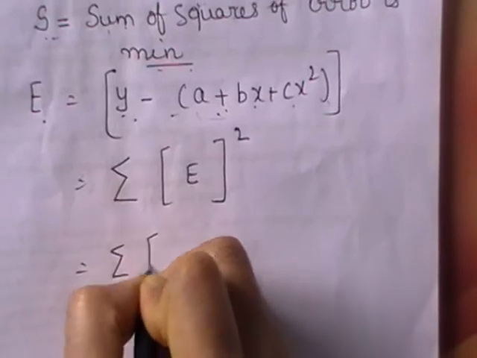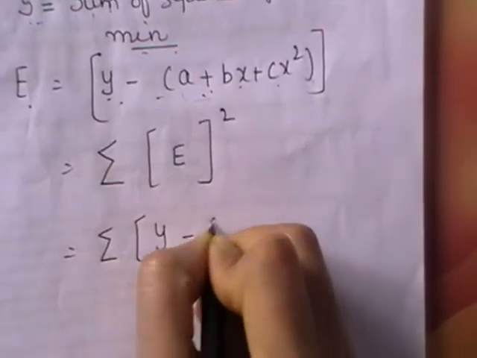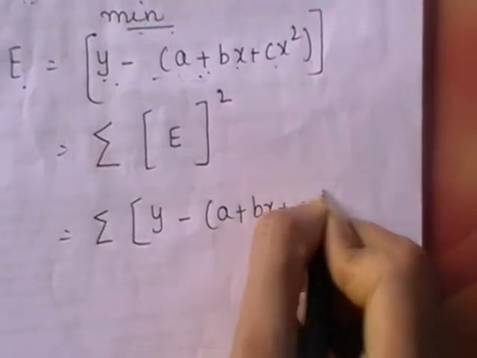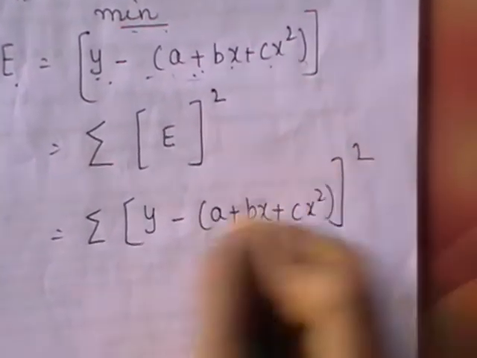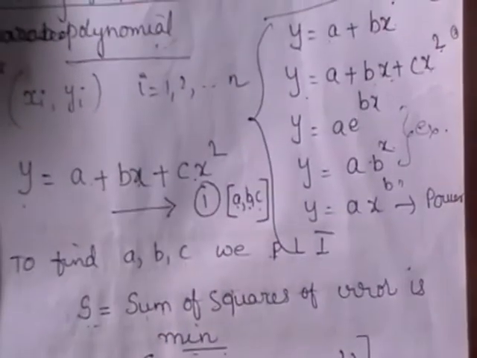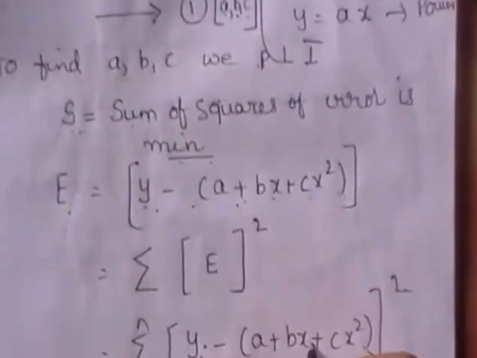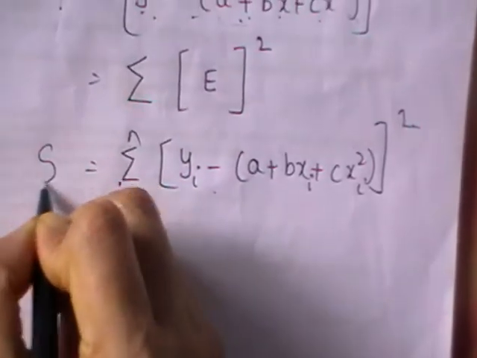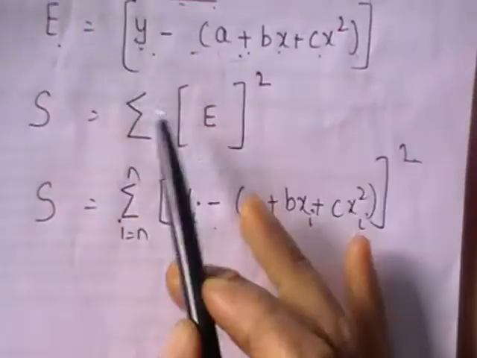Sum error is nothing but y minus a plus bx plus cx square whole square. Sum of squares of error. As you have n number of values on each of the variables x comma y, you should attach the suffix i to each of them. So this is nothing but S. S we are defining as